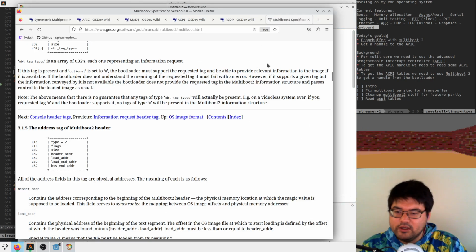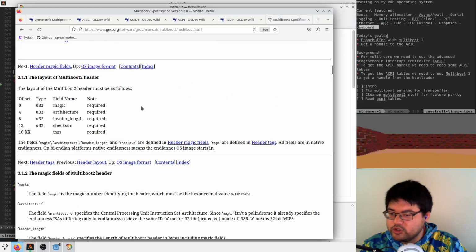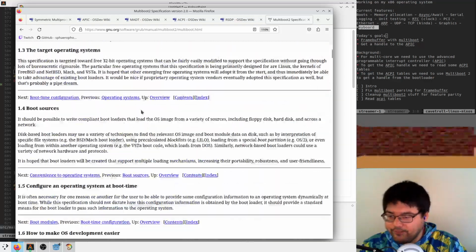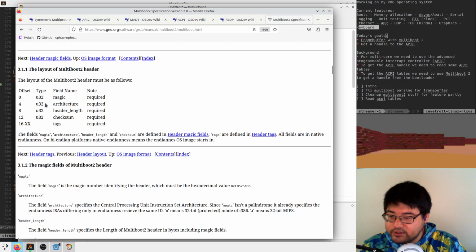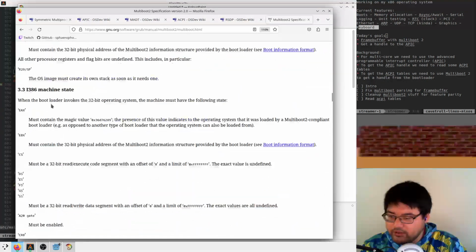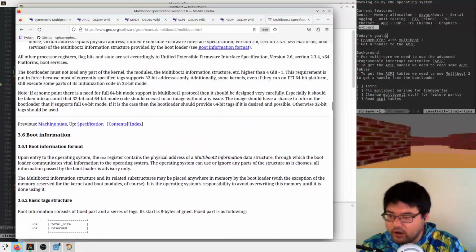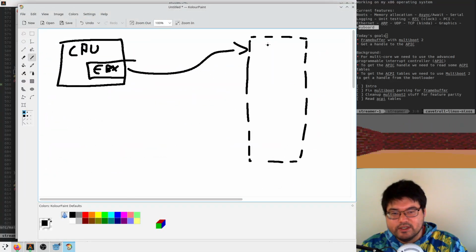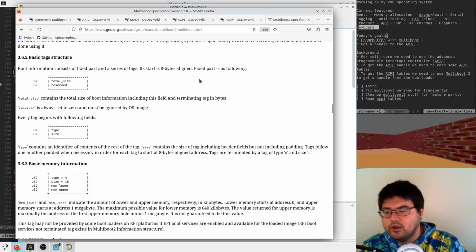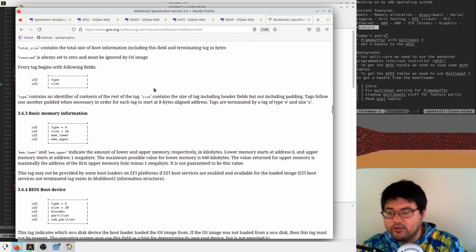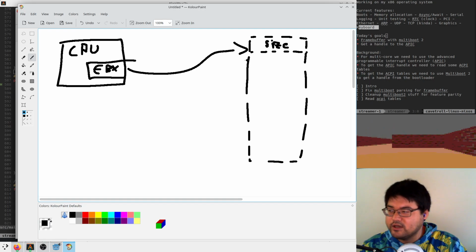Okay, and in here we have this multiboot structure, which has, this is probably not it, this is the requester side. Here we go. Which has a size. And then it has a list of tags.